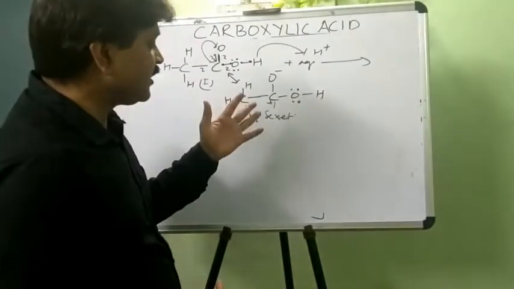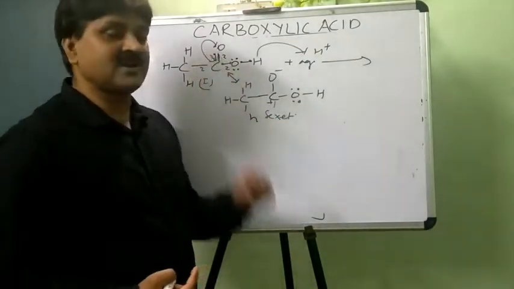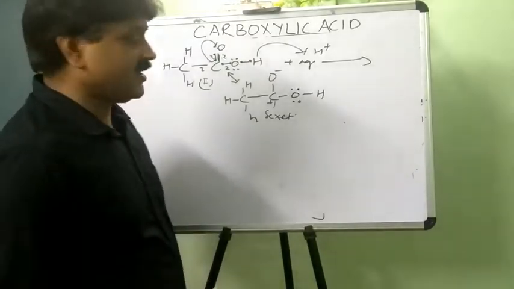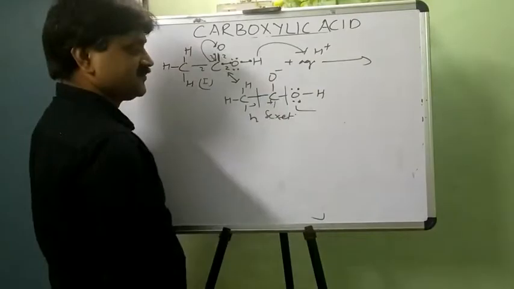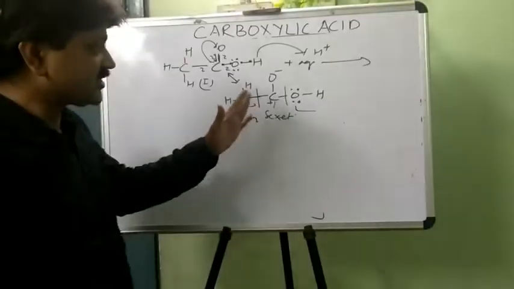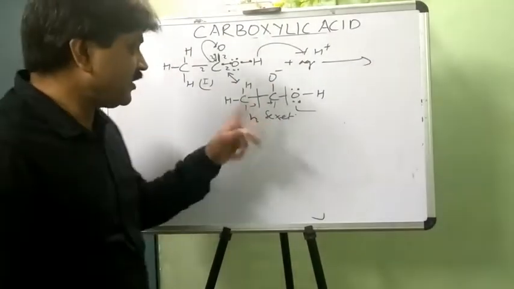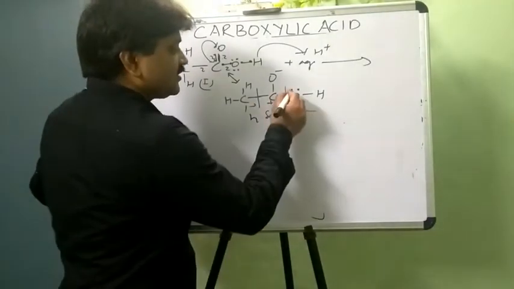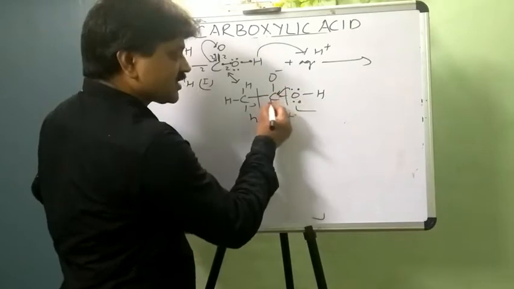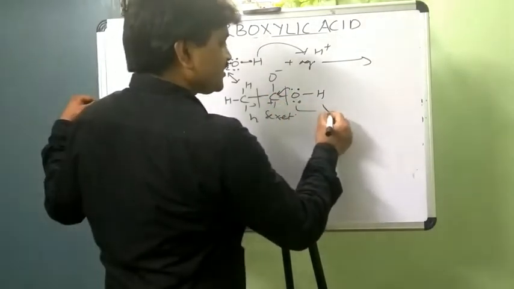So how does it get the electrons to achieve its octet structure, or the stable structure? It either demands the electron from this side or from this side. But we are going to decide first how the acidic character is shown. Whenever it demands the electron from the oxygen side, what will happen? The oxygen shares these 2 electrons toward the carbon atom, and a new structure forms.